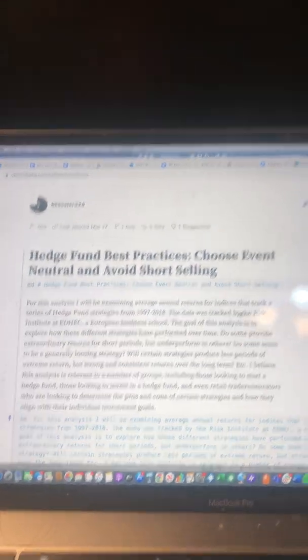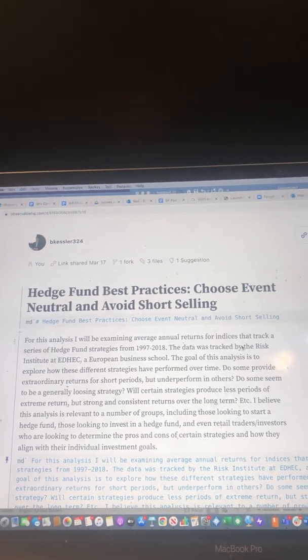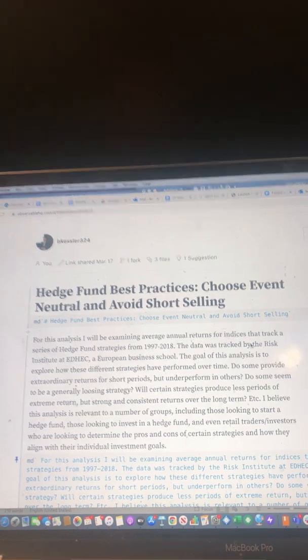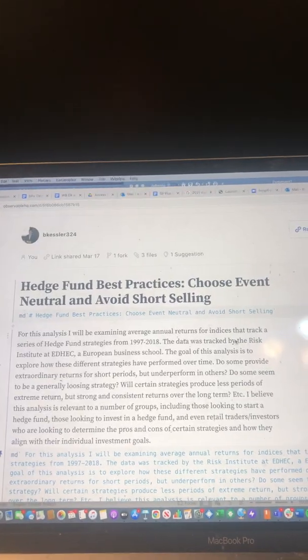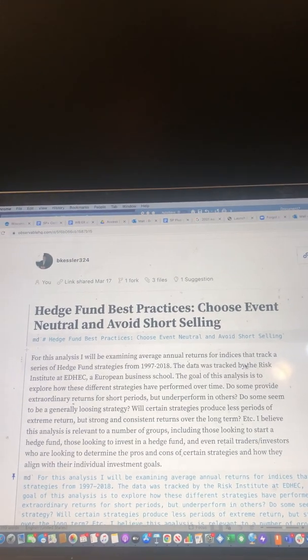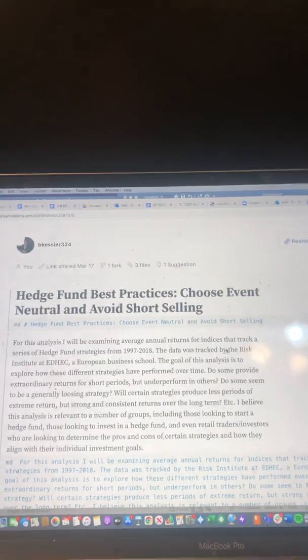Hello, for this homework in data visualization, I decided to do a project where I looked into hedge fund data. Specifically, I looked at 13 hedge fund strategies that were tracked by EDHEC, which is the European Business School, over the period of 1997 to 2008. And what I wanted to see are a few different things that I'll get into, but generally